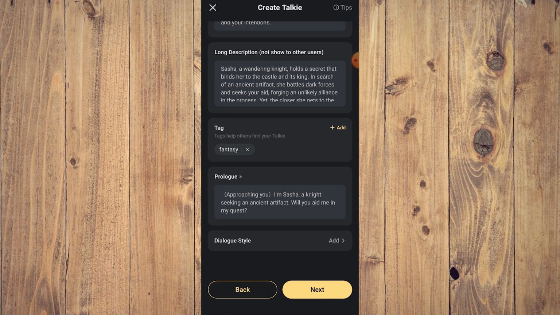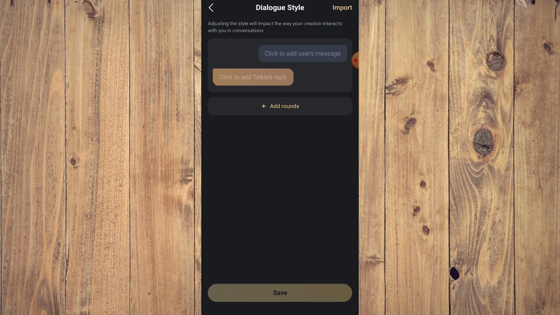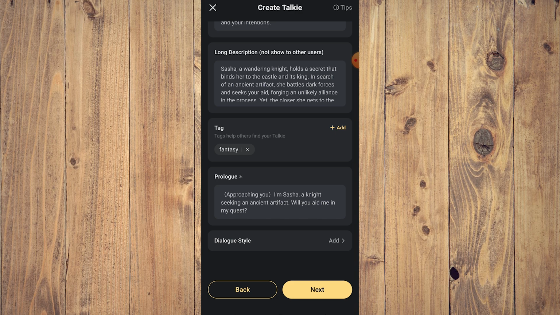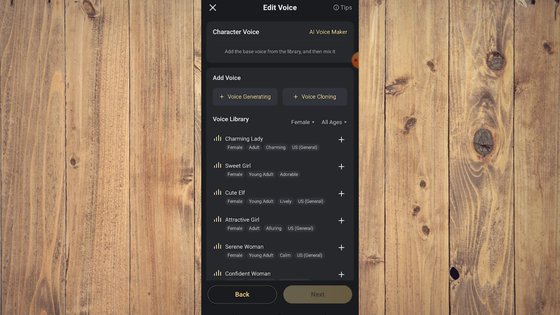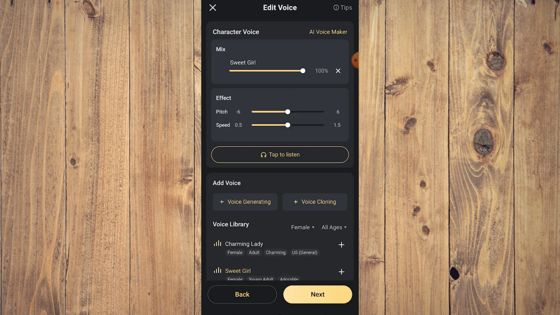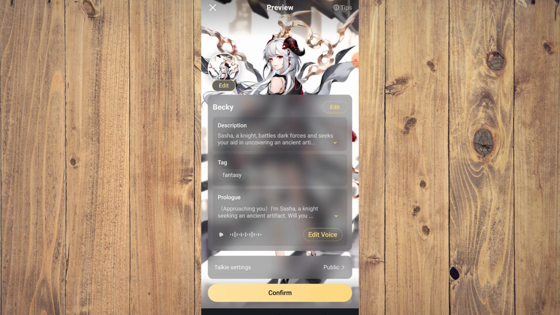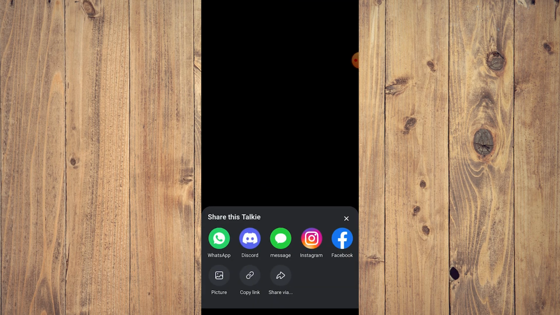Afterwards, dialogue style. It shows you how that dialogue style would look like, and then just click next. And then click on Sweet Girl. Let's say I click next. And then click confirm. And there you have it. You have created Becky. I'm Sasha Knight, even though her name is Becky, which is, you know, again, you know,